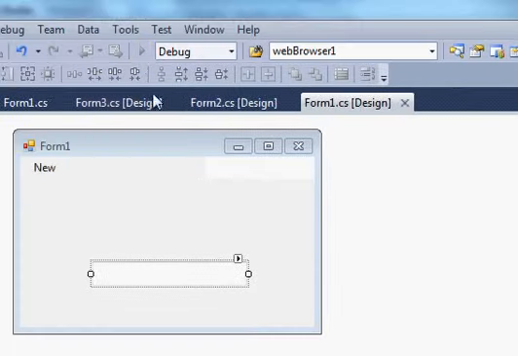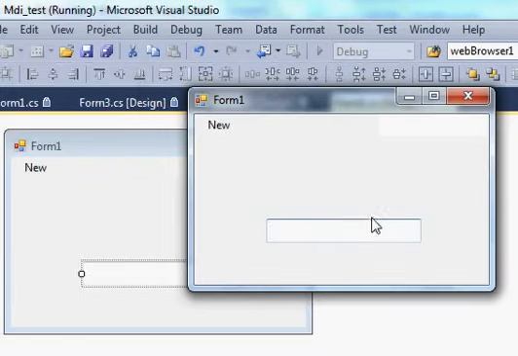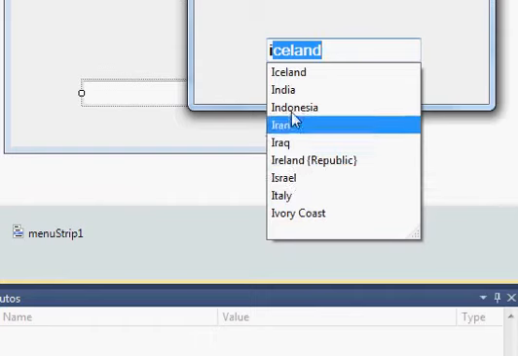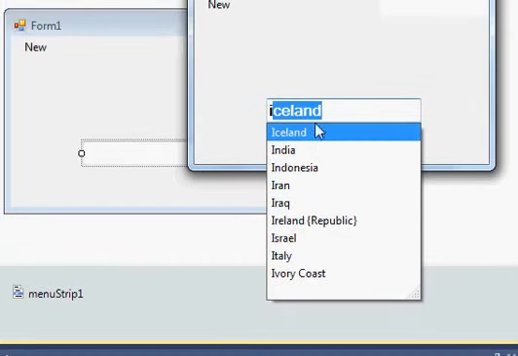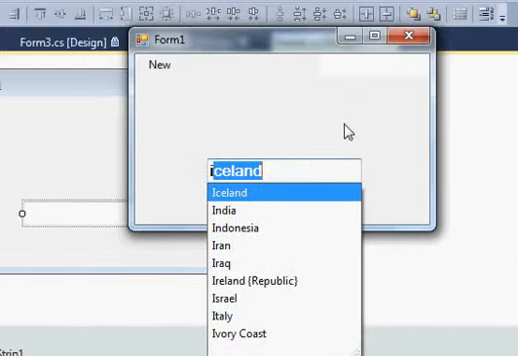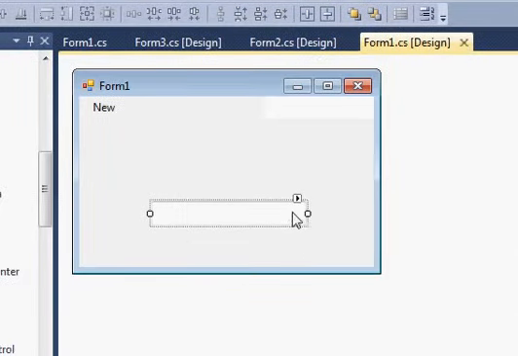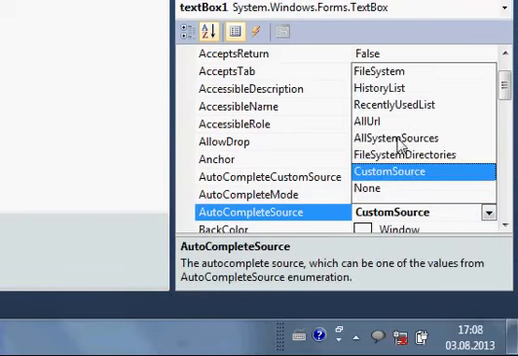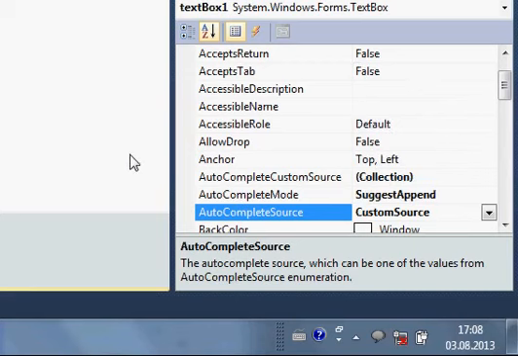And when you run the program once again, and now you enter some word, it appends the first word in the list and it gives you the suggestions. So it's doing both the things. So in this way we can use this autocomplete properties of the text box to get the suggestions. You can play with all these different options and just see what they are all about.